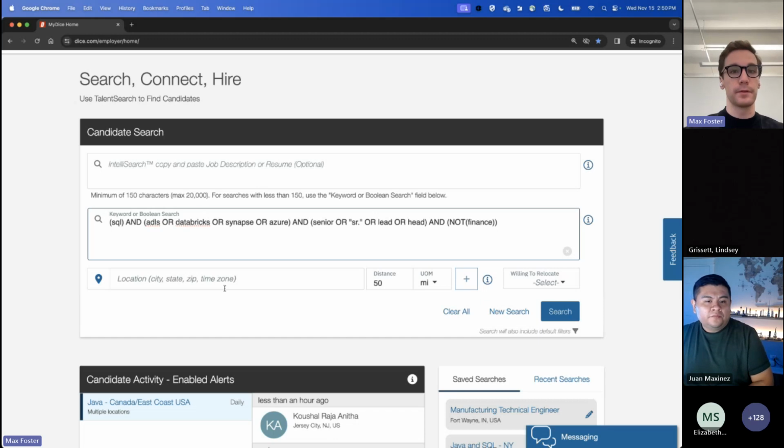And then I'm going to walk you through how I build this, okay? So everybody, when building out a Boolean, it is so imperative that it is written syntactically correct. Because if you mess up one little space, if I accidentally put a space over here like this, or if I put a space over here like this, or if I left out a parentheses here on the right-hand side, that would actually break the search and it would turn up all sorts of different candidates that you would not be looking for, right? It would be looking for people that have the letter O and the letter R in their resume, which hopefully most people are using. So we do not want to break that up.